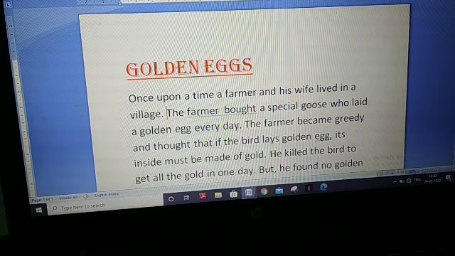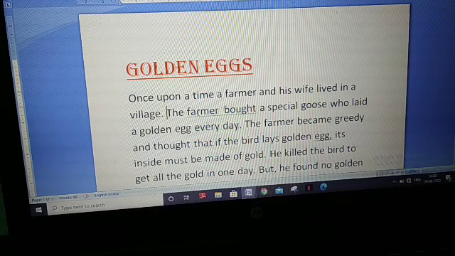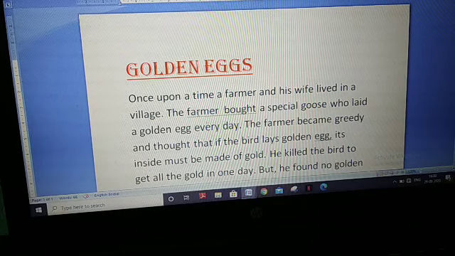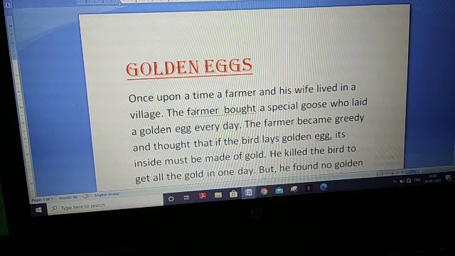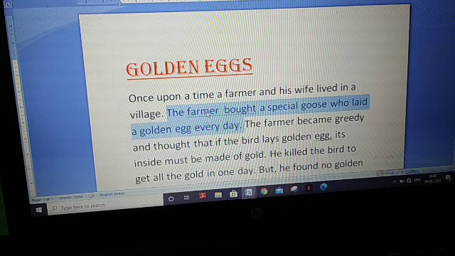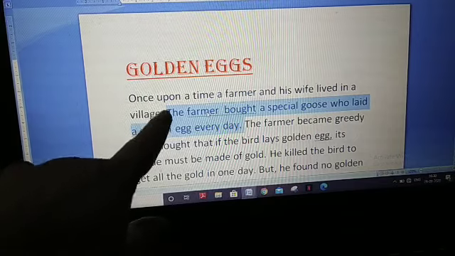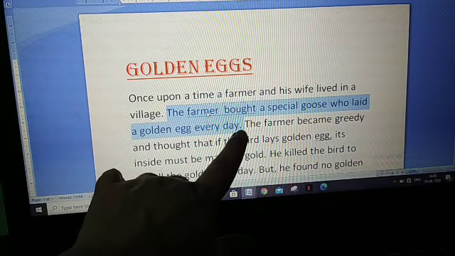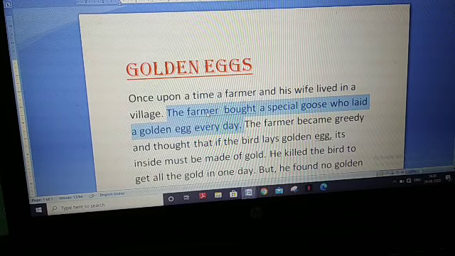Now what you have to do? Press control key. You have to hold control key. And now you see that sentence is selected. Till full stop it is selected.